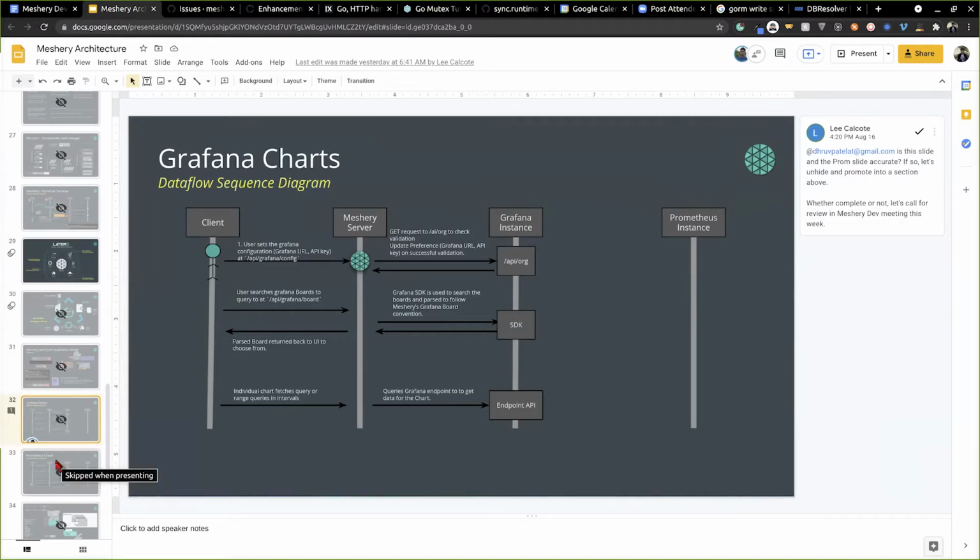I think what we wanted to discuss today was the readiness of the slide, so that we would show it in the next SMP meeting or Meshery meeting, if I'm not wrong. Lee, am I correct? Yeah, this particular piece of functionality is of interest not only to Meshery, but to the Service Mesh Performance project as well.